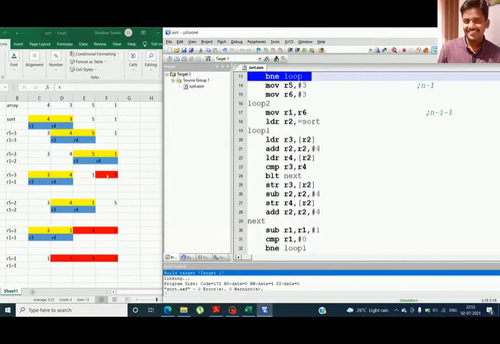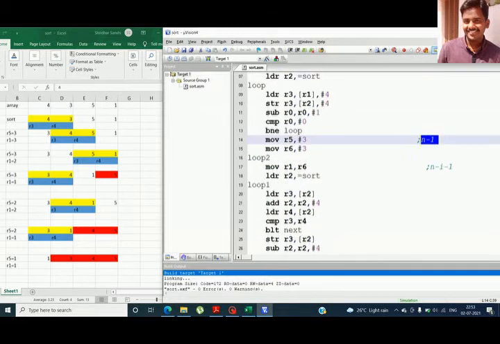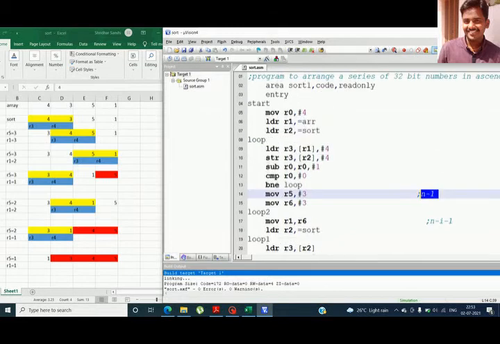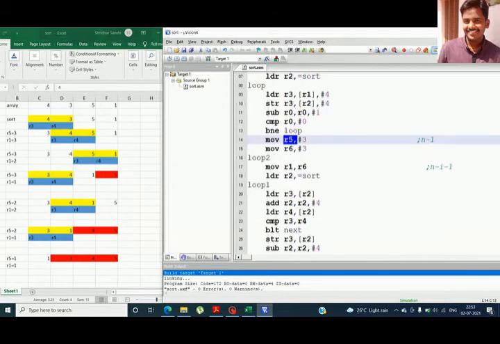Now we'll start with the bubble sort. The outer loop has to run n minus 1 times. Since the number of elements is 4, n minus 1 is 3. This is the number of times the comparison should happen. And the inner loop should run for n minus i minus 1.